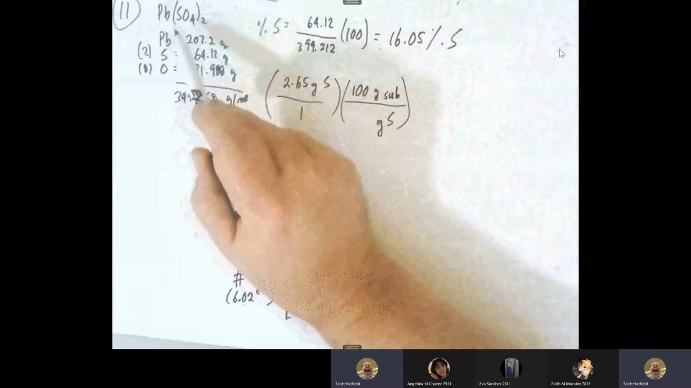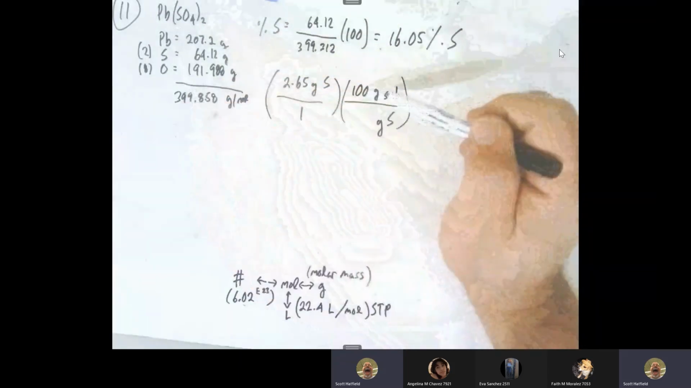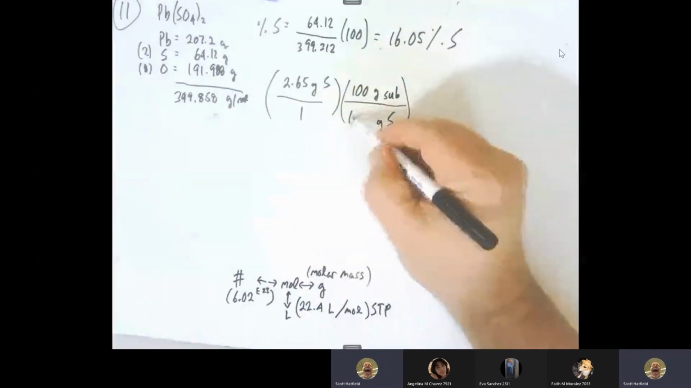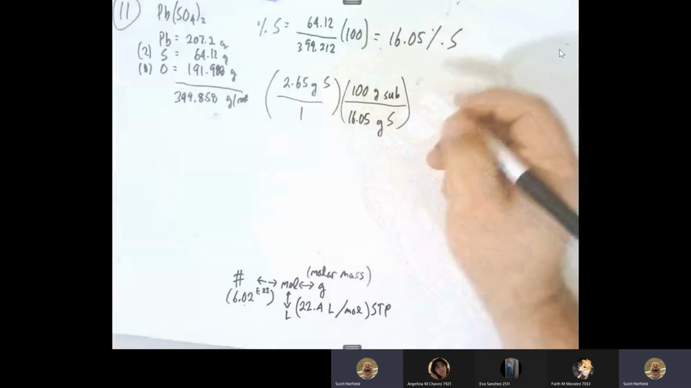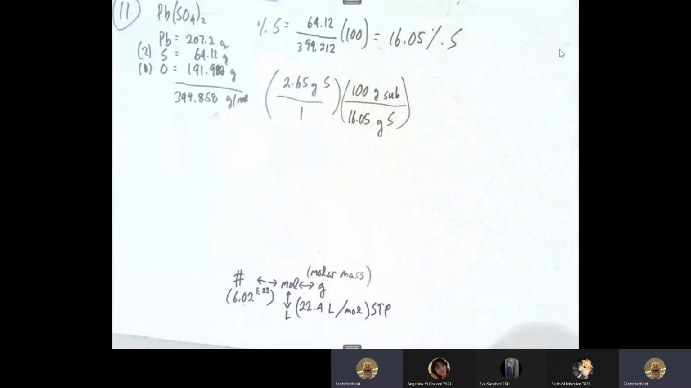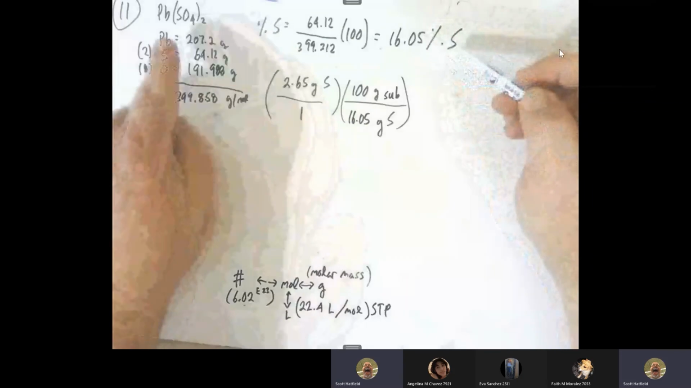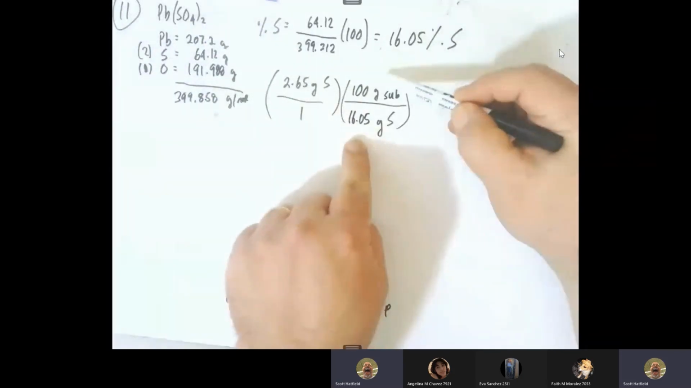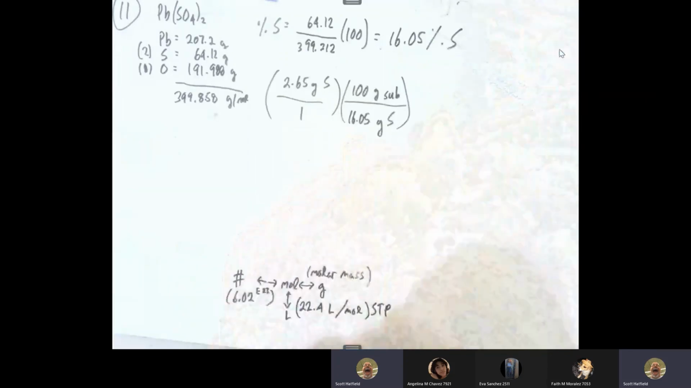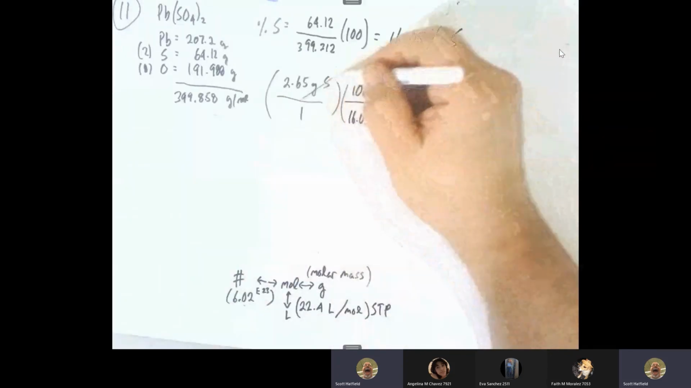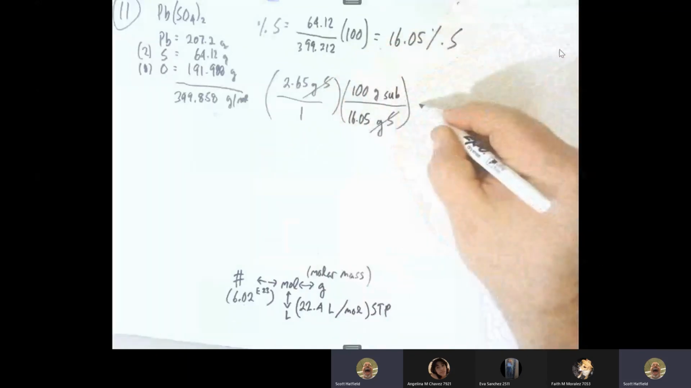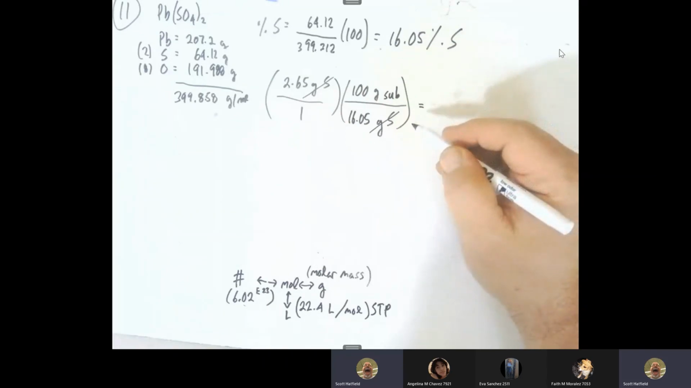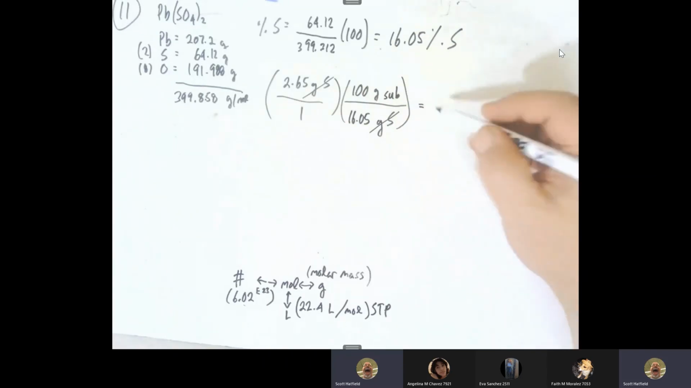I'm just going to write sub, for substance. This is the substance, lead sulfate. I'm just going to say 100 grams of sub. For every 100 grams of substance, I should have 16.05 grams of sulfur. Again, if sulfur is 16.05% of this compound, then if I have 100 grams of that substance, I'm going to have 16.05 grams, period. And so the grams of sulfur cancel out. And we do the math,